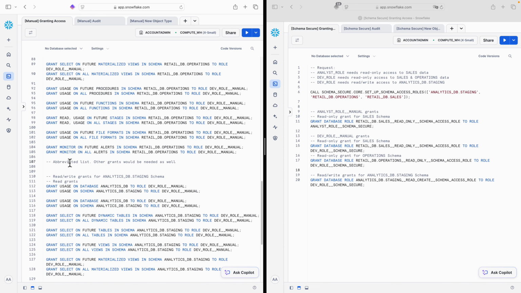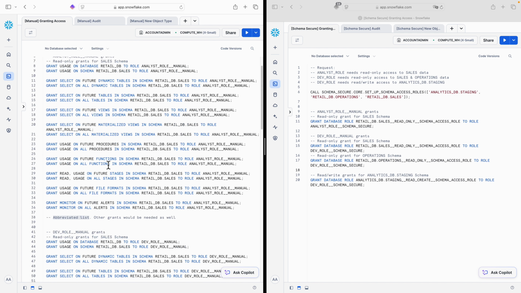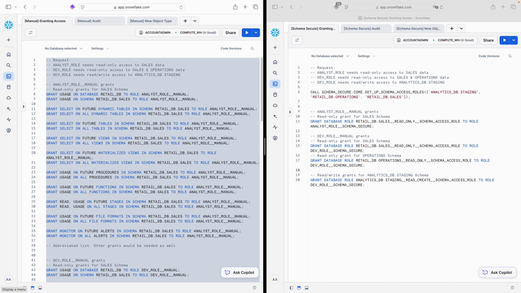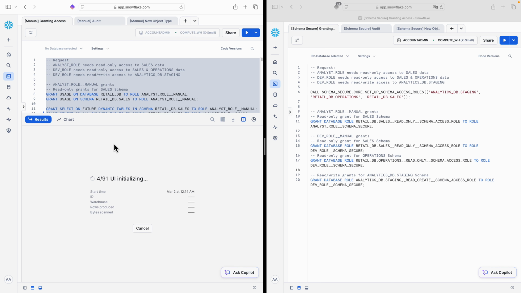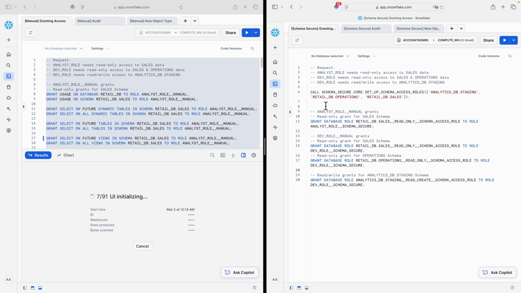In reality, it's an abbreviated list that's probably only about half the size it needs to be to account for all Snowflake object types. I'll go ahead and kick off this list of 91 grants. As we're waiting on this, I'll show you how we would do the same thing with SchemaSecure in a streamlined